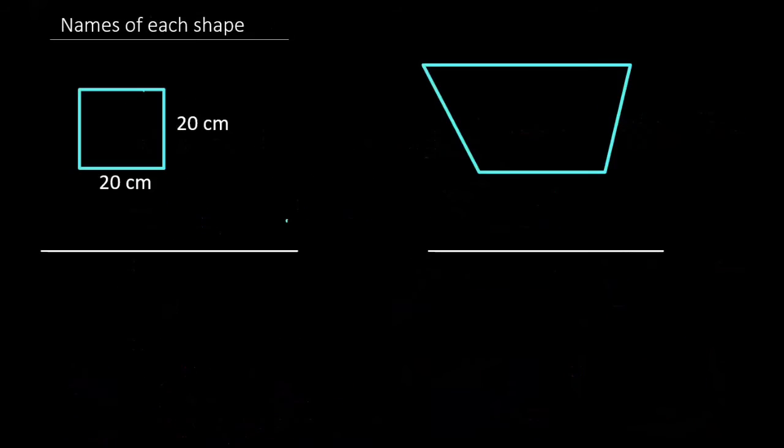Alright, now let's move on. So we have two questions over here, and what we're supposed to do is name each shape. So we can say that this is just a square, but there are more names that you can call them, and that's what we're trying to find. Okay, so I'm gonna write square,